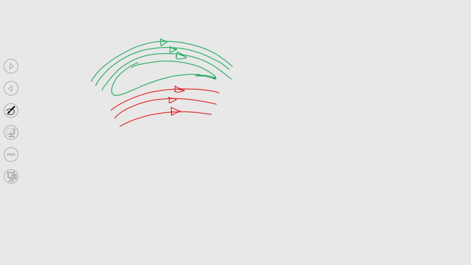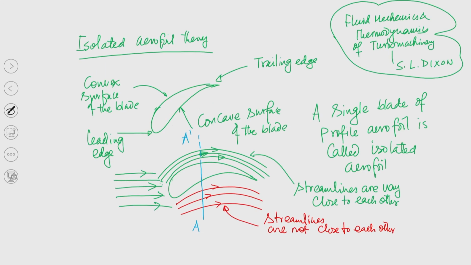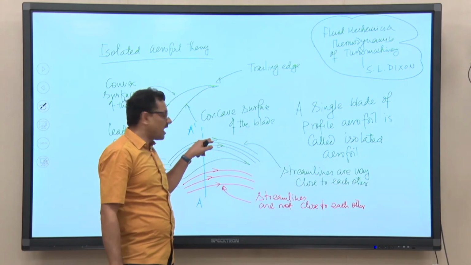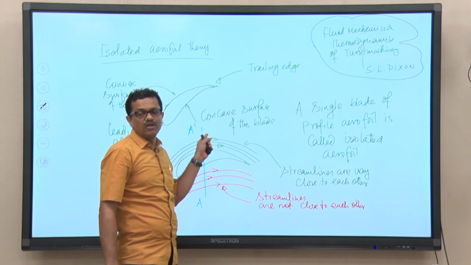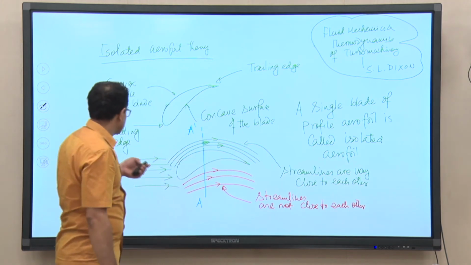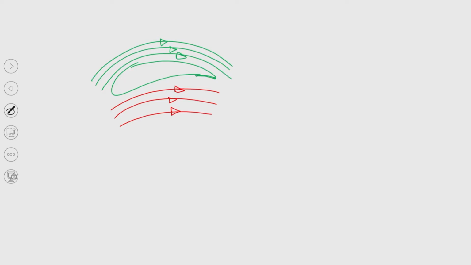Okay. So, what we have seen from the previous slide is that, due to the difference in flow velocity, pressure is high at the concave surface, while pressure is less on the convex surface. If I take a particular section here, from A to A prime, and then try to draw the isolated airfoil,